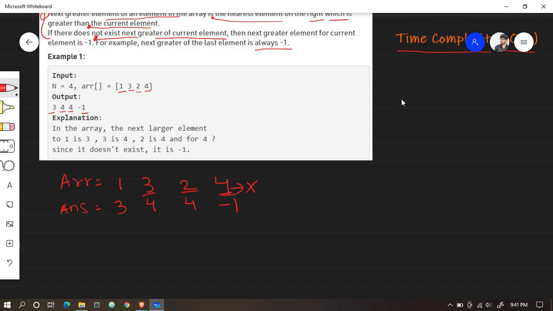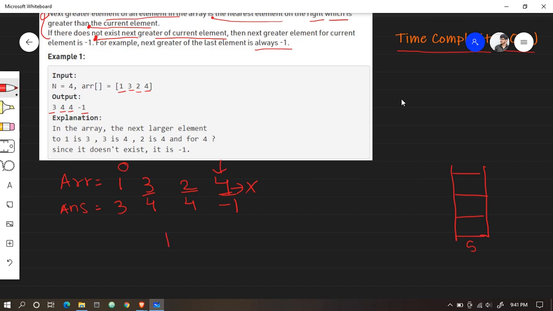Now let's just think, how can we solve this question? The approach is that instead of starting from the 0th index, we will start the process from the last index. Also, we will take the help of the stacks. We know what are stacks: last in, first out. So we will use stacks here. We'll name it S. So how can we solve this question? Let's look at the implementation.